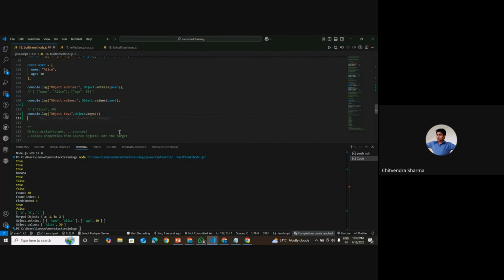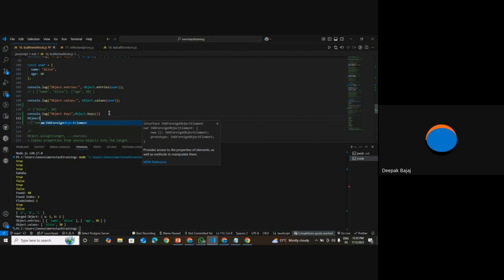Key, could you help? Yes, it returns name and age. Name and age. Good. Okay, that's fine. Now, apart from that, we have another method you can check on an object dot